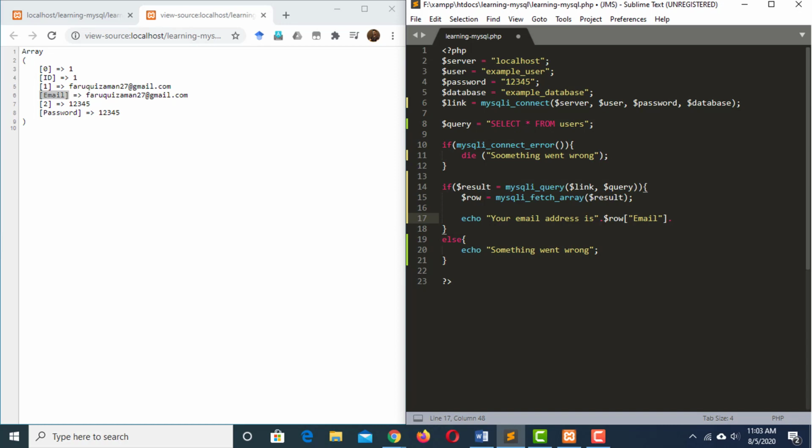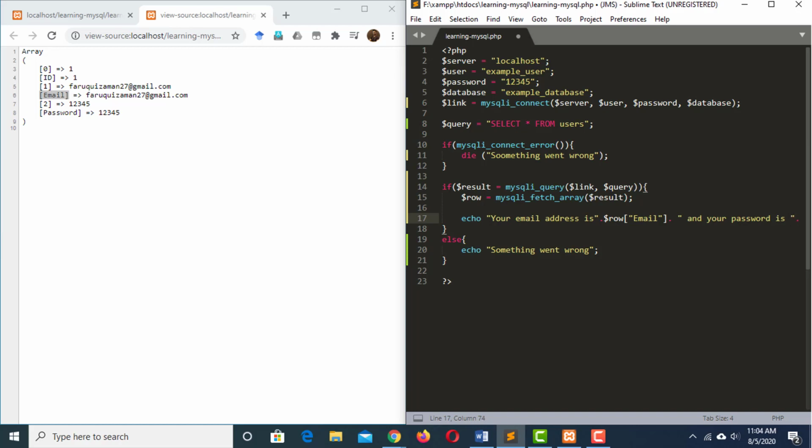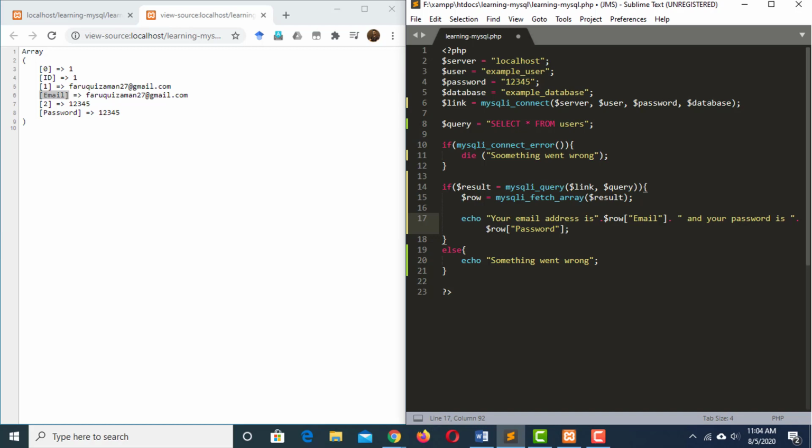Then another concatenation, and "your password is" using another concatenation. This time we will retrieve row using the key password. Let's terminate this line